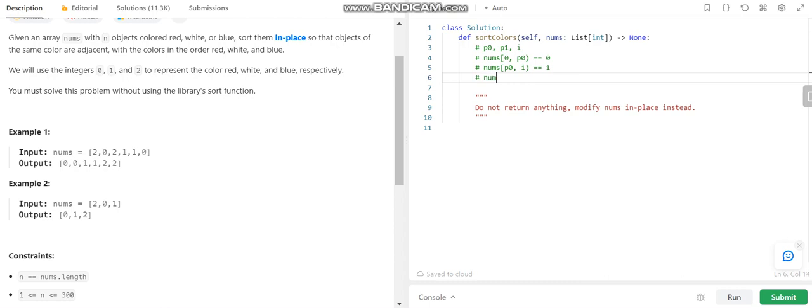And finally, for the interval P1 to the length of nums, I want all the elements